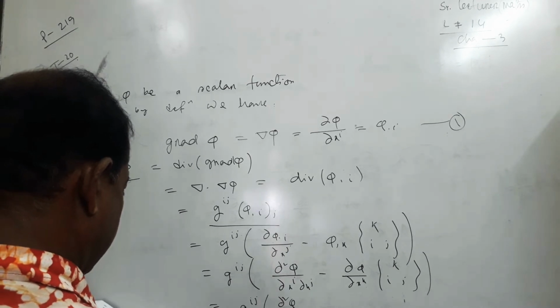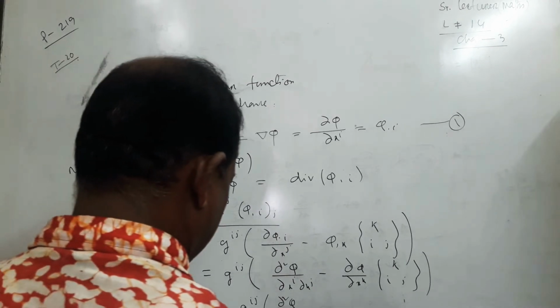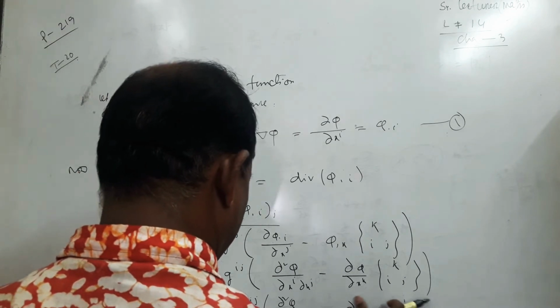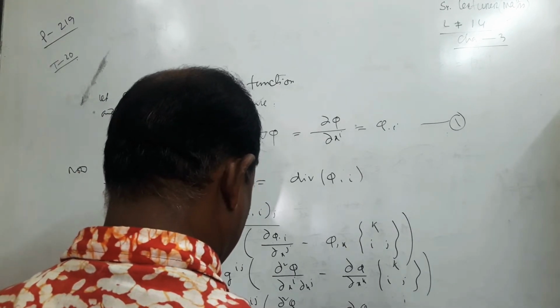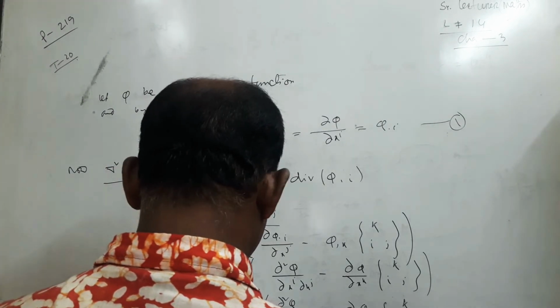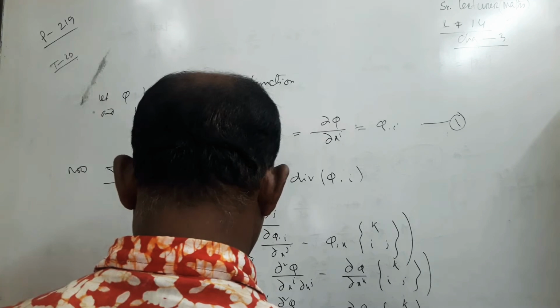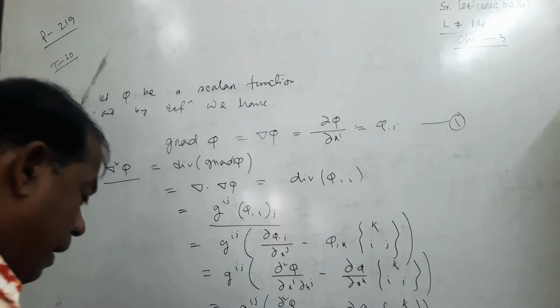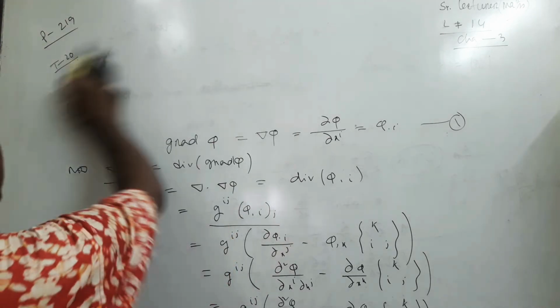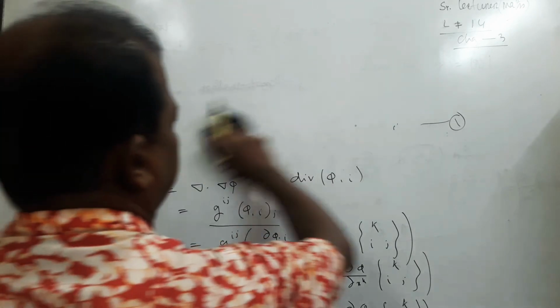And del square phi equals g^{ij} times del square phi divided by del x^i and del x^j minus del phi divided by del x^k Γ^k_{ij}. Okay, and also know that it's the first term, it's the first stage,